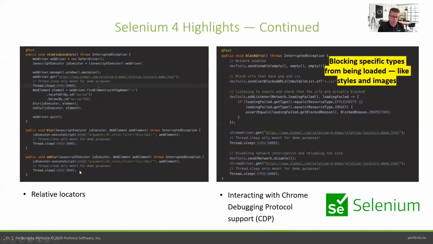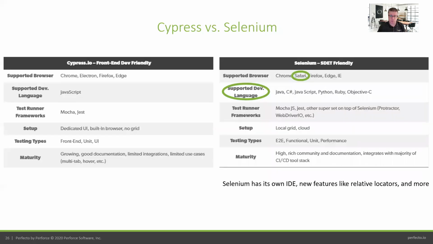Relative locators, I mentioned, to left, right, above, below, will give you a much greater ability to identify elements within your test automation scripts and reduce the flakiness of your scripts. It's not Cypress versus Selenium. That's my bad. It's Cypress and Selenium, but it's a comparison. Okay, so let's take it from the positive